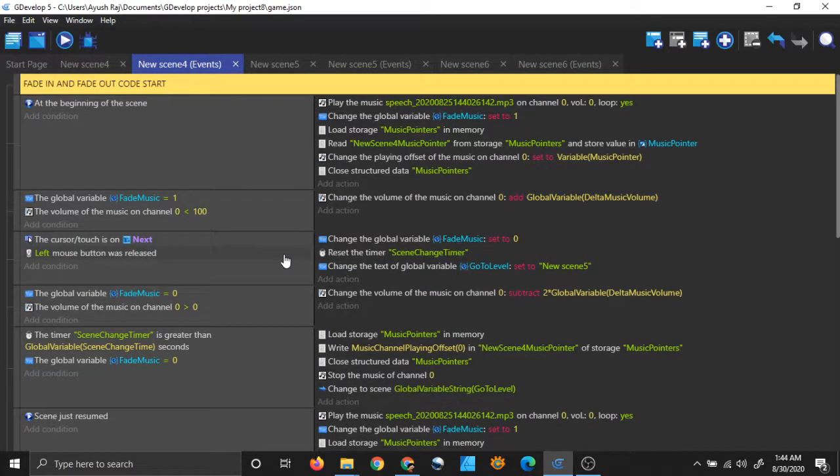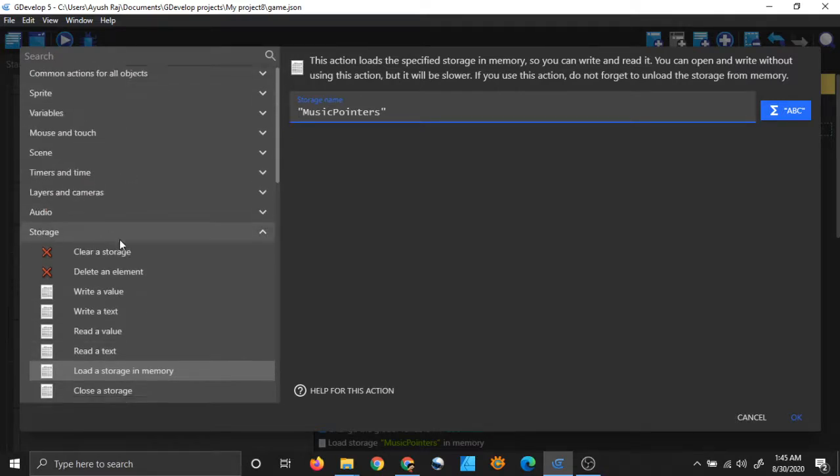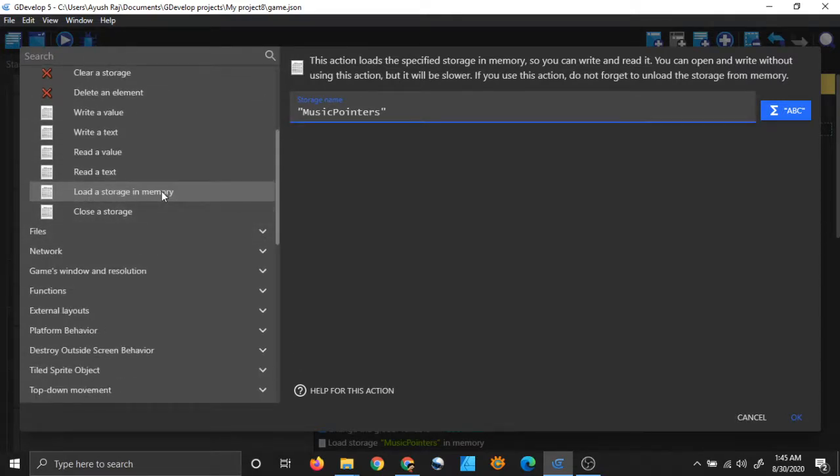Let's discuss. In the beginning of the scene I am loading a storage from the memory, and I have called this storage music pointers. So how am I loading it? You will get this function, load a storage in memory, from storage. You can put the name of your storage file in which you want to store your music pointers.